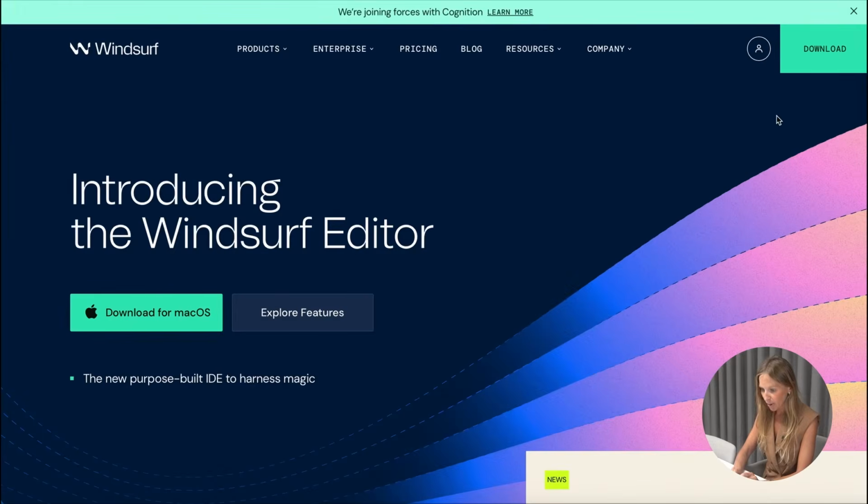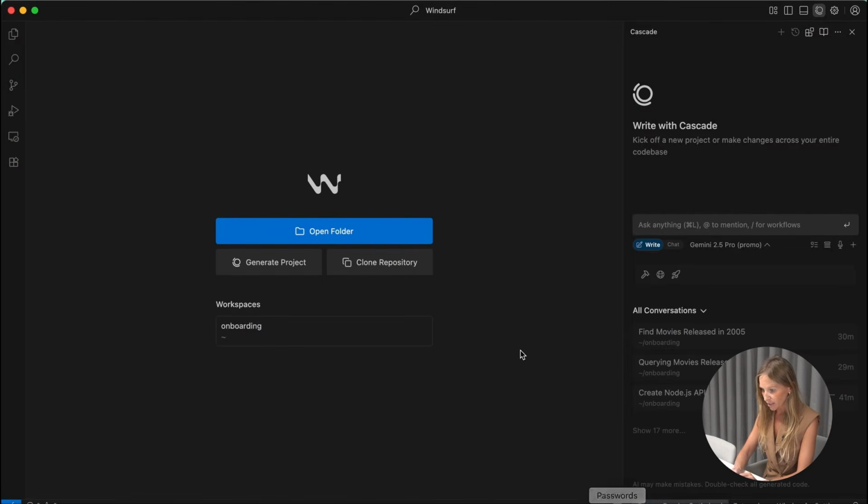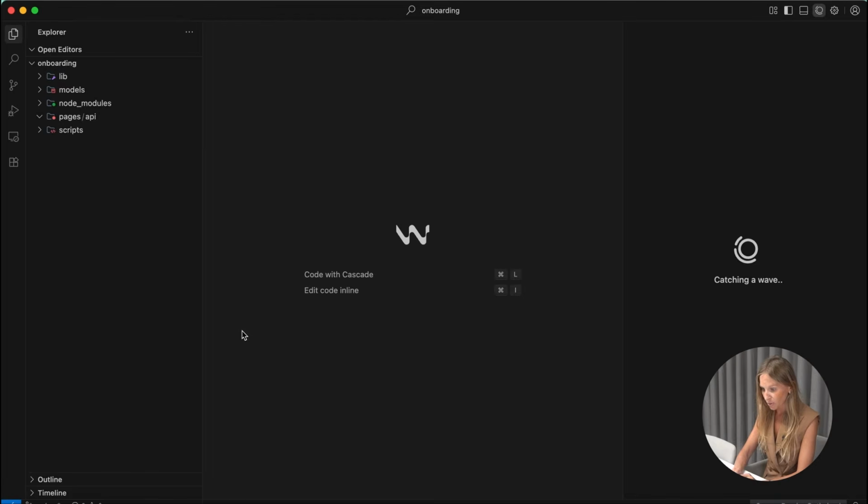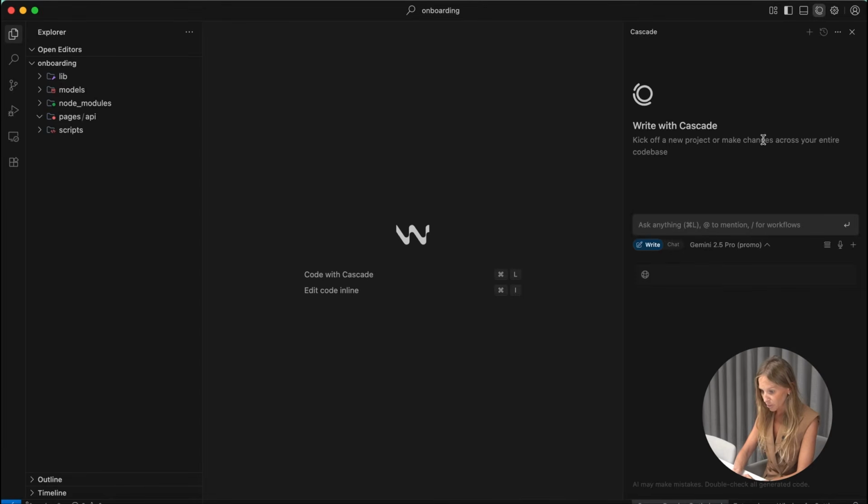Let's get started by downloading Windsurf from the official website. Once installed, open the app and sign in. Since I already installed it, I will jump right in by opening Windsurf and selecting the project I want to work on. Next, you will need to install the MongoDB MCP Server to connect and interact with your MongoDB Atlas